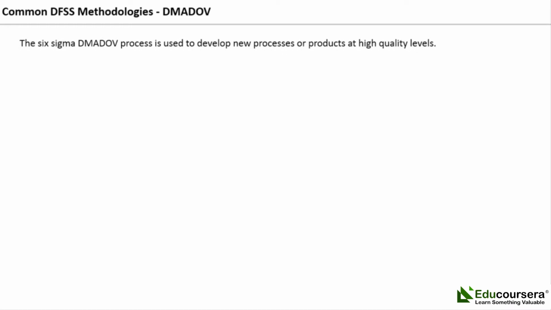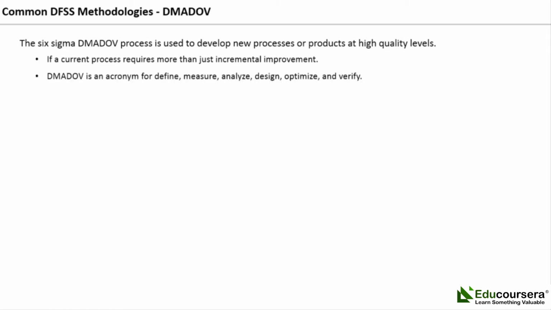DMADOV, common DFSS methodologies. The Six Sigma DMADOV process is used to develop new processes or products at high quality levels, or if a current process requires more than just incremental improvement. DMADOV is an acronym for Define, Measure, Analyze, Design, Optimize, and Verify. The process steps for a DMADOV project include: